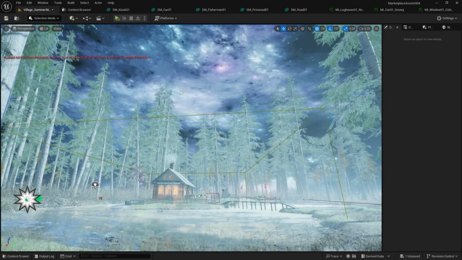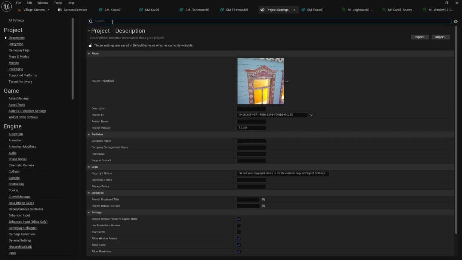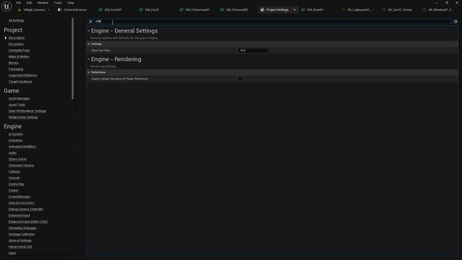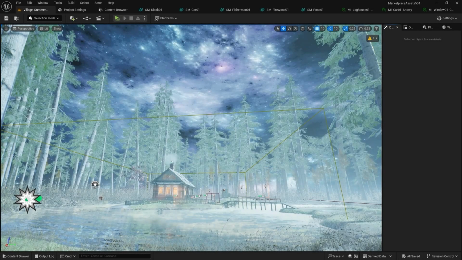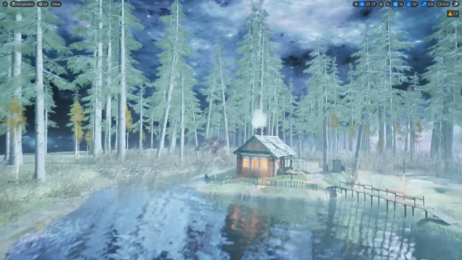Let's go to the next map. When you open the map, you'll probably see this error. To fix that, from the edit menu, open the project settings and search for the clip. Then enable the support global clip plane for planar reflections, and you need to restart the editor. When you restart the engine, it will take a while to compile all the shaders, but you eventually see the